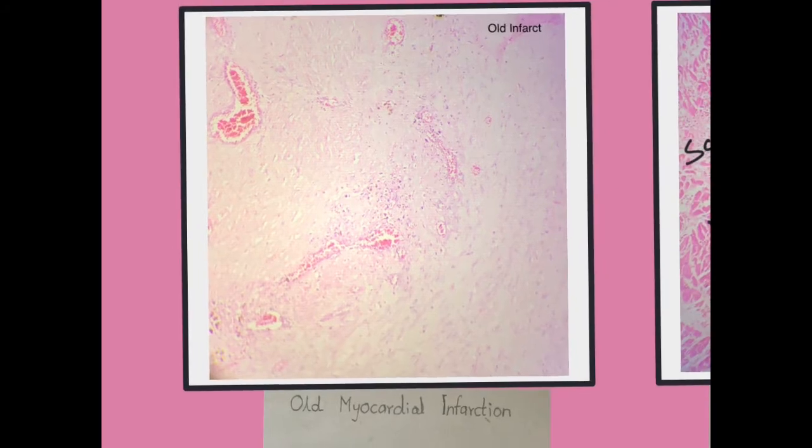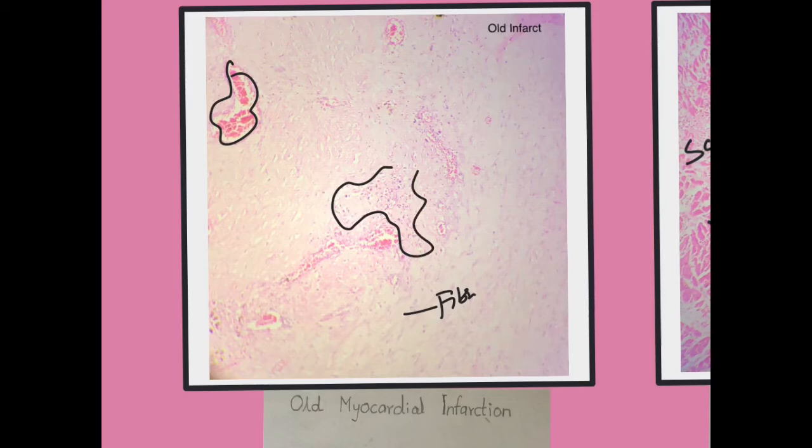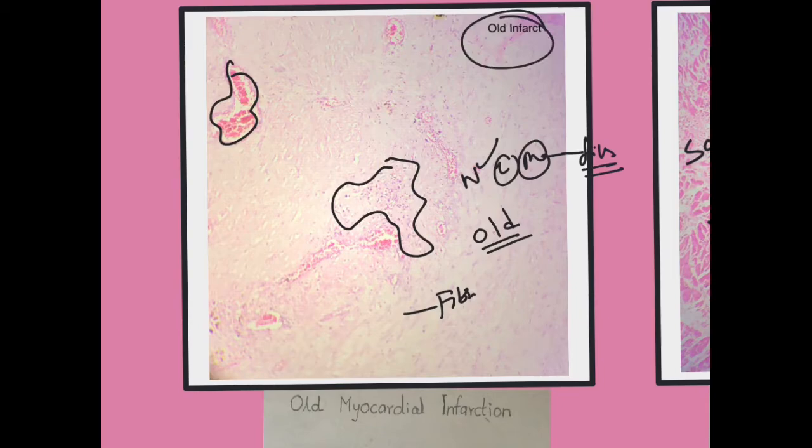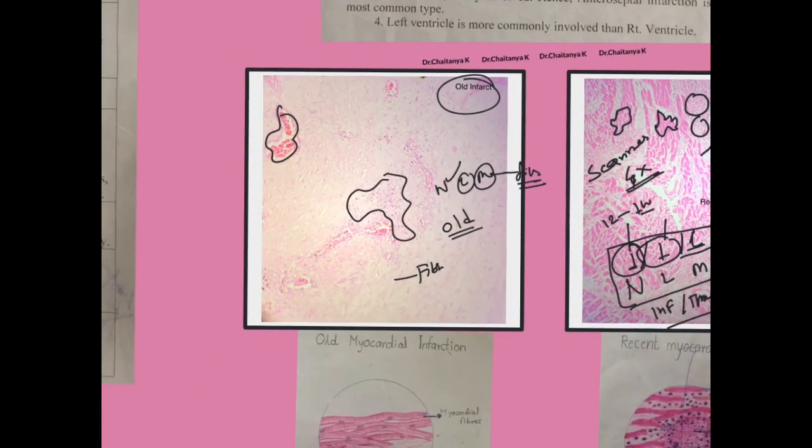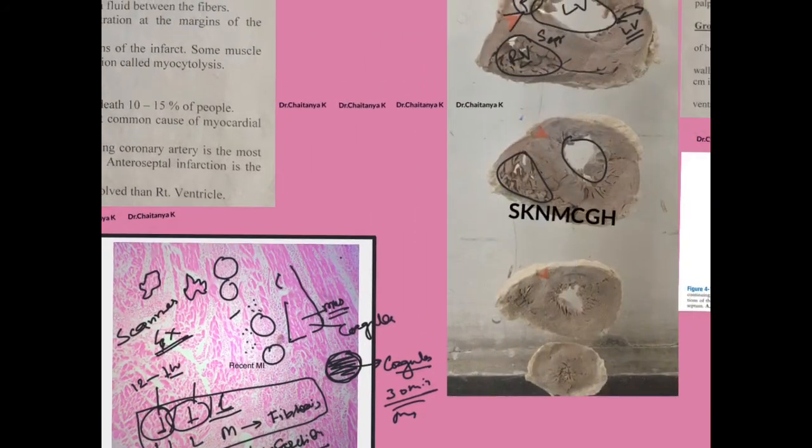Whereas in the case of the old infarct, as I told you with the rule of 1-1-1, here fibrosis is the main feature, and there are congested dilated blood vessels and very rare foci of inflammation. So this is the old infarct. As neutrophils have gone, now replaced by lymphocytes, macrophages, and then there is fibrosis. So this is the slide of old infarct. These are the two microscopic slides you have today in the practical.